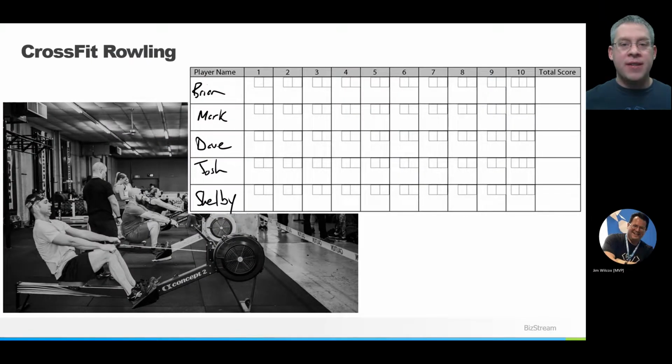We have something that we put on as a fundraiser, and it's called CrossFit Rowling. And that's because you take a row machine, as we're seeing here on the screen, and you put it in a bowling format. There's 10 frames that you row, and the idea is for each frame, you're trying to hit 100 meters on the dot on this machine. And if you've ever done a row machine in any exercise, that's not easy to do, because as you pull the rope,